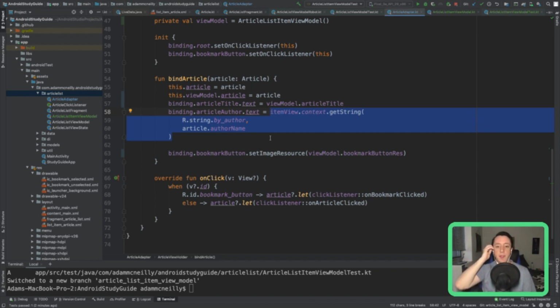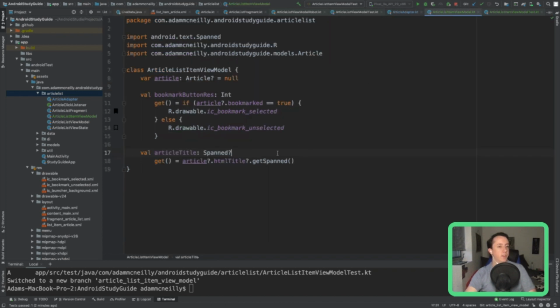We don't really want to put that in the view model because we can't really write good JVM tests for it. We probably also can't do that with the spanned tag either, now that I think about it. So not everything in here will be perfectly unit tested.